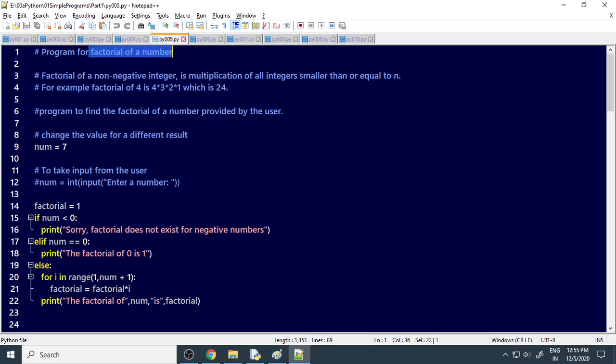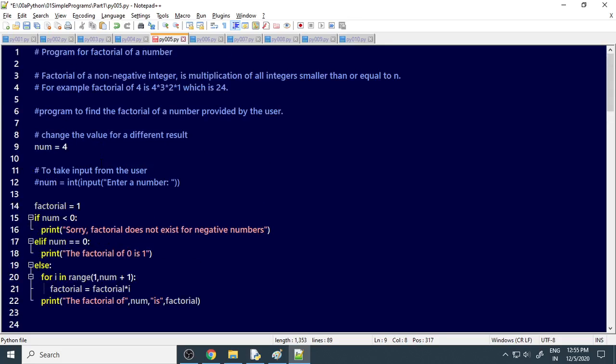Find the factorial of a number. So what is the factorial? When I say factorial of 4, it means 4 into 3 into 2 into 1. That means it is 24. 4 into 3, 12, 12 into 2, 24, into 1. Right. Now let's try with this one only, let's say try for 4. We're supposed to get 24.